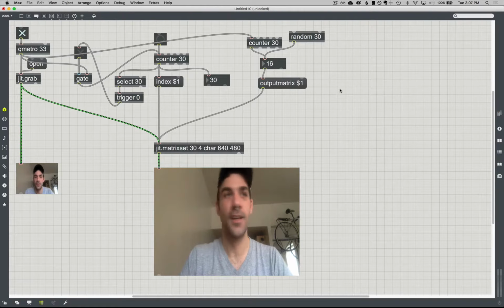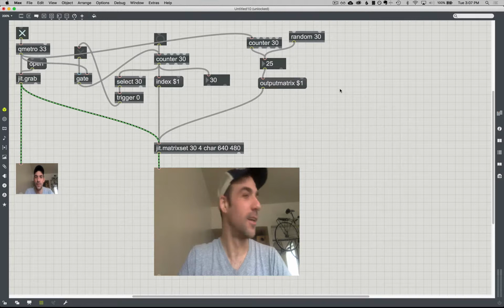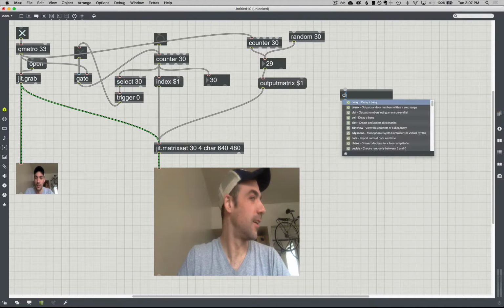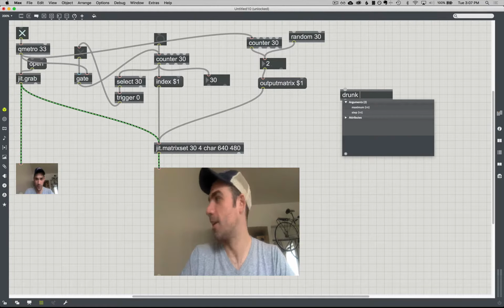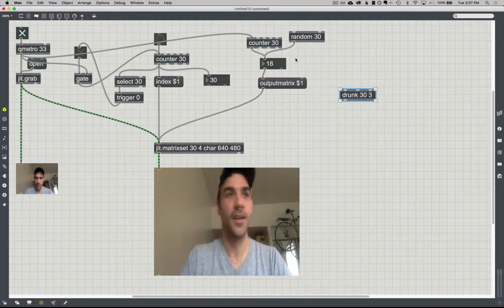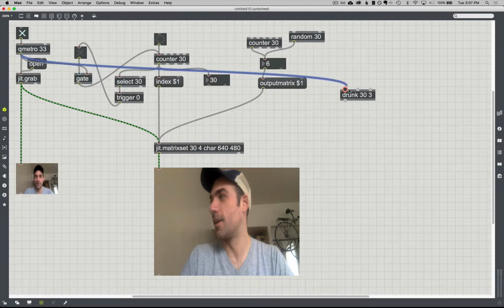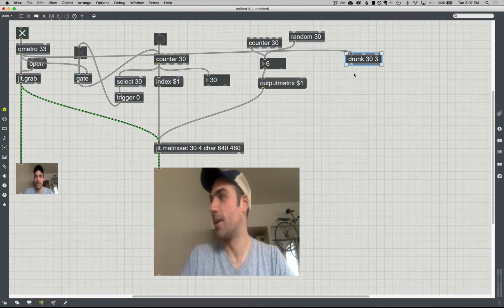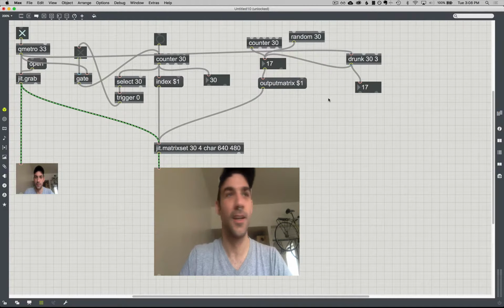I could also, what else could I do? I could do the drunk object. Drunk is like random, except if I say drunk 33, every random number I get will be within 3 of the previous value range. So now I get something that's a little like,